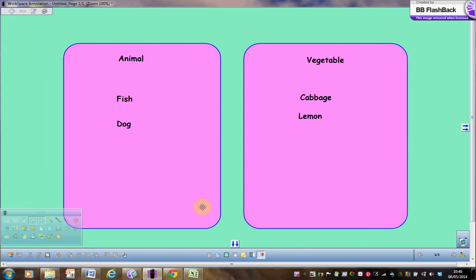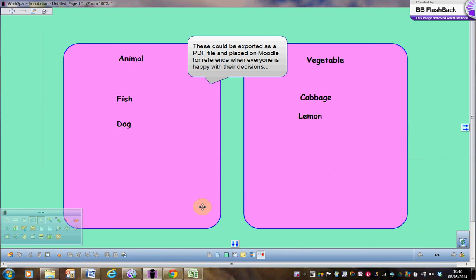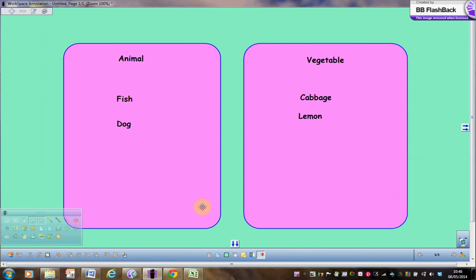Once we've got these how we want them, again we could save them and maybe export them as PDF to put them onto Moodle once we're all happy with them. But you'd be surprised how much conversation, how much discussion will happen in class when you're working on activities like that. If the students don't agree something's quite right, whether they want to change it, it just becomes a really useful